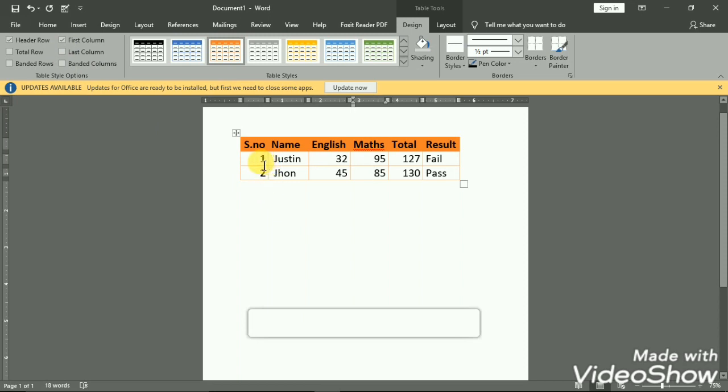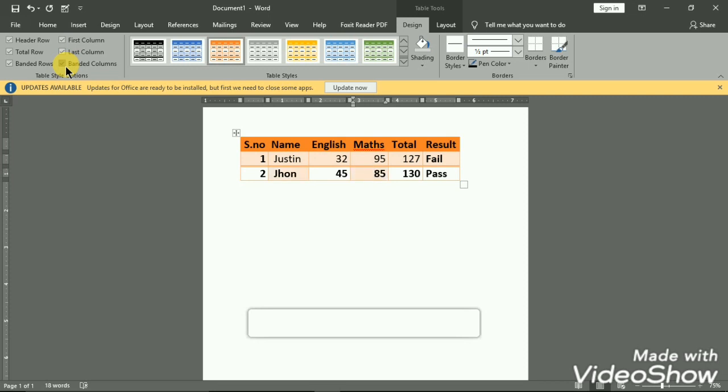By using table styles, we can format the table with different colors, and we can clear the format by using this clear option. And we can again keep the styles.